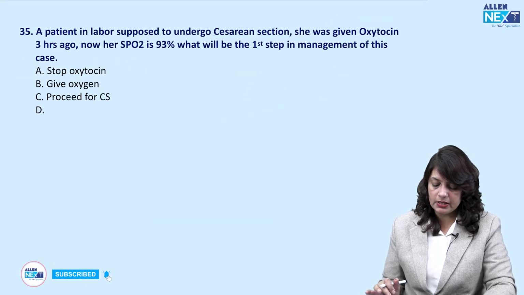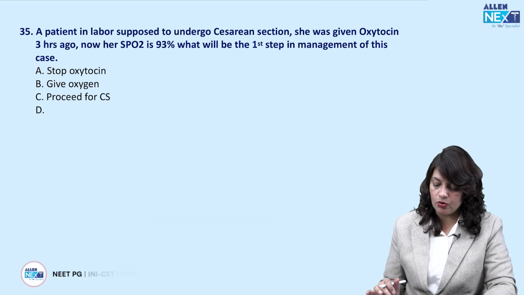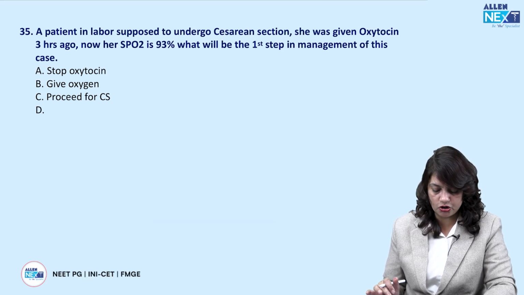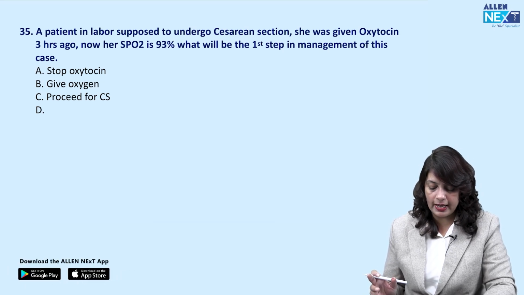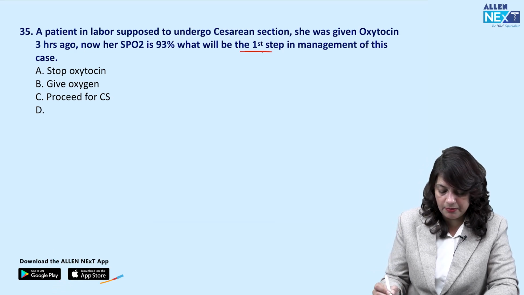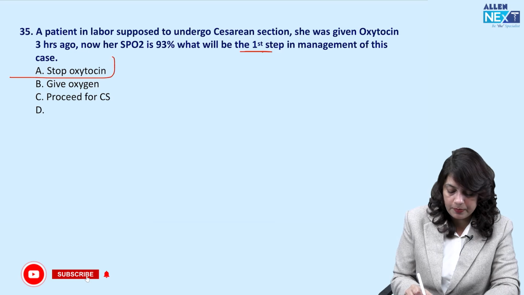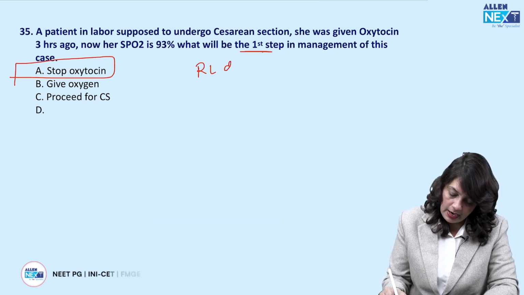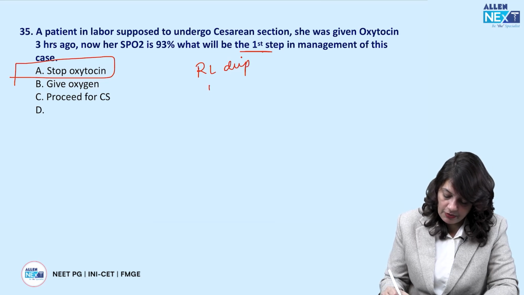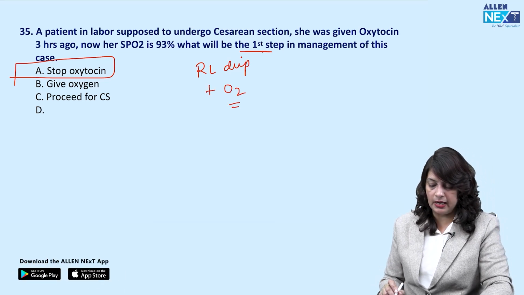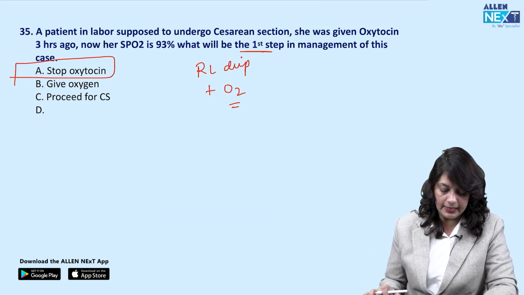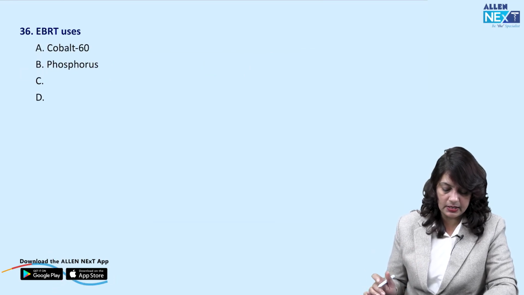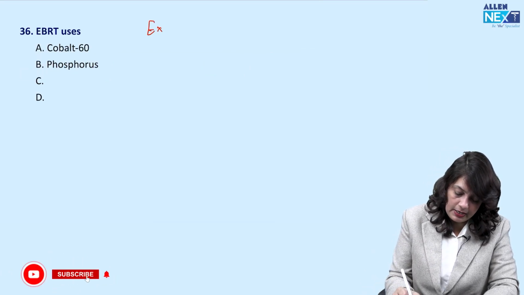Next, a patient in labor supposed to undergo a cesarean section. She was given oxytocin 3 hours ago. Now her SpO2 is 93%. What will be the first step in management? It is always stop the oxytocin, start the ringer lactate plain drip, give oxygen to the patient, and it will get corrected. Next, EBRT. EBRT is external beam